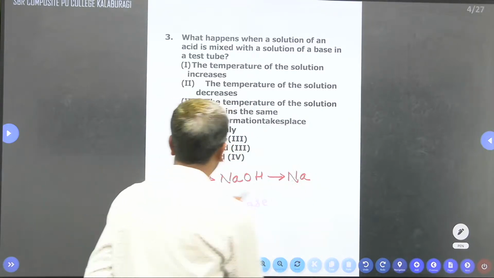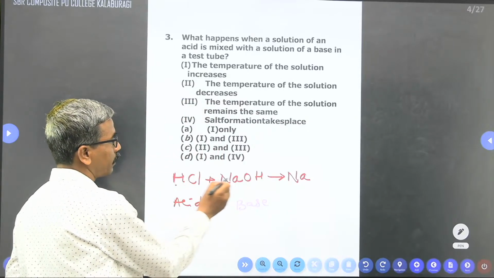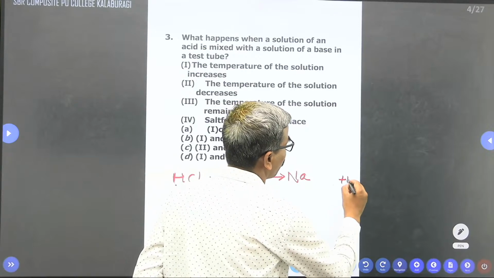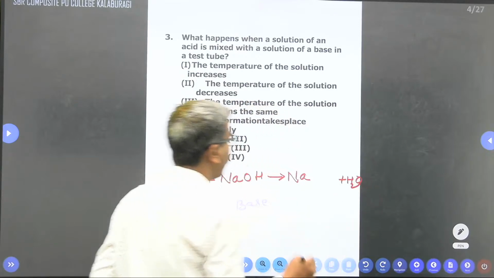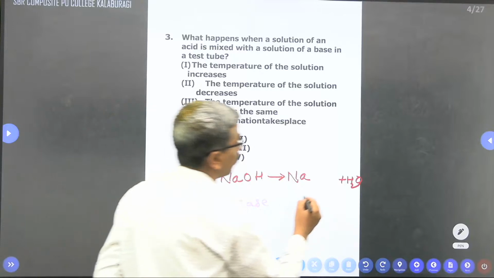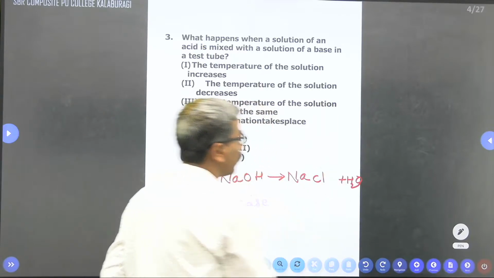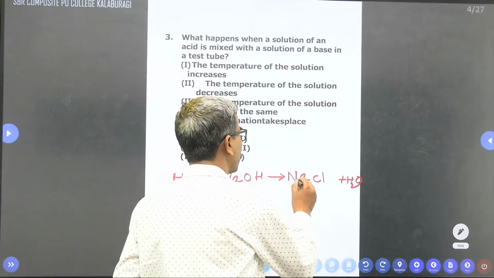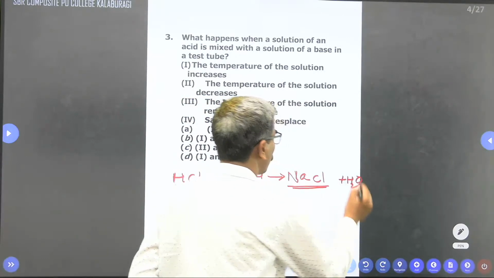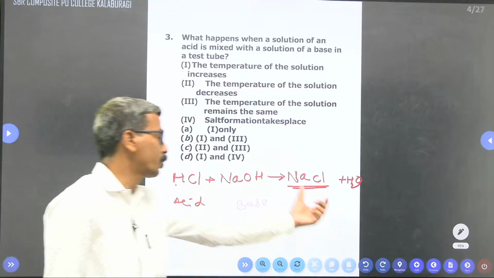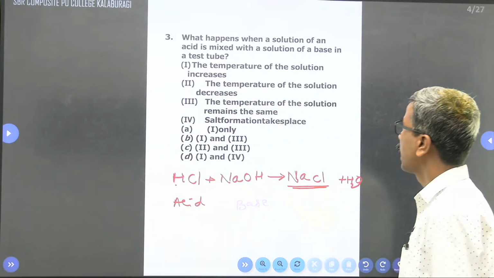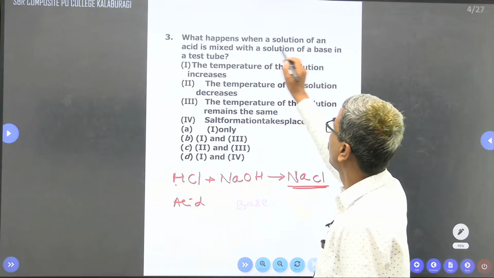In this case, the H of the acid and the OH of the base combine to form the byproduct H2O, and the remaining Na combines with Cl to produce NaCl. The chemical nature of the solution is neutral. So now, once again I am reading, when a solution of